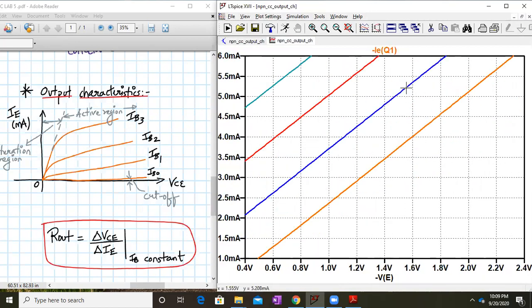Okay, so we'll place this point over here. So here your x coordinate will be VC1. VC1 is 1.546 volt, and IE1 will be 5.2 milliamperes. Similarly, we'll again take another point. Let's say over here. So we are determining basically the inverse of the slope, right? So this value VC2 will be 0.685. You're seeing these values on the extreme left bottom corner of the LTspice window. And your y coordinate, that is your IE2, will be 2.85 milliamperes.